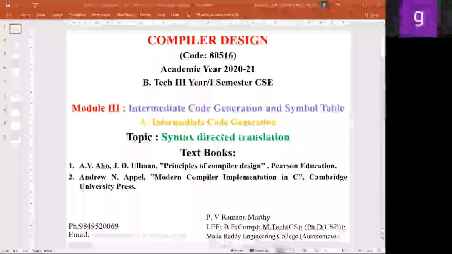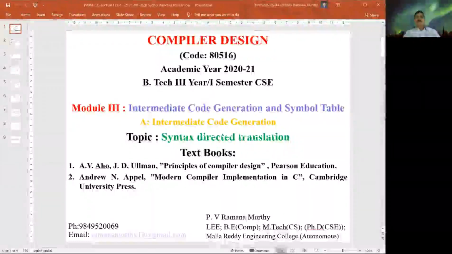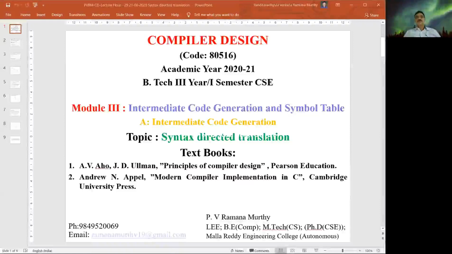Syntax directed translation. Clearly, we are using syntax directed translation as part of the semantic analysis of the program. What is the difference between syntax analysis and semantic analysis? Syntax analysis is identifying whether the given statement is in the given form or not. For example, if you are identifying a simple expression a is equal to b plus c, it identifies whether it has all three